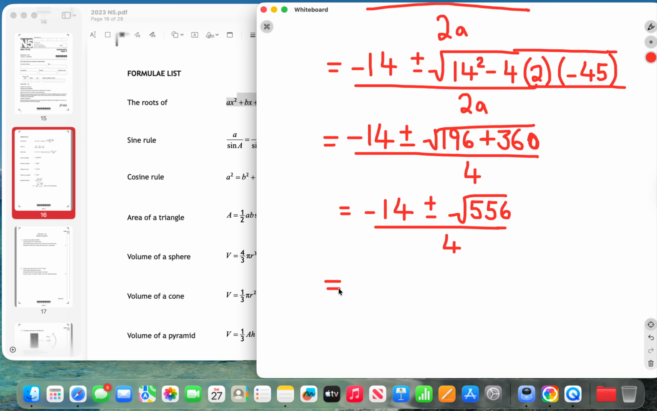If you want to plug this into the calculator, you're going to get 2 solutions. So what's going to happen is you're going to get 2 roots. And the reason for this is because you've got the positive and the negative here. So this root 556, get minus 14 plus or minus the root. And that then leads to us having 2 solutions. So doing all of that on the calculator will be